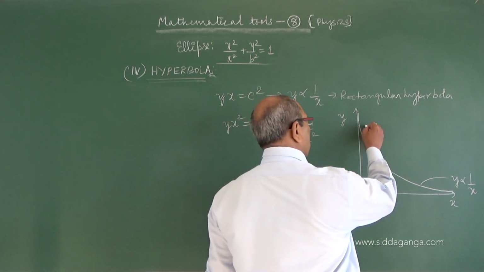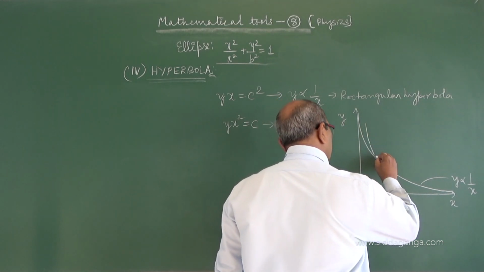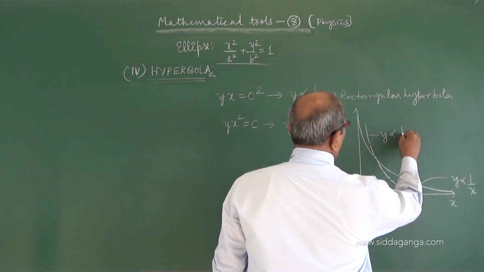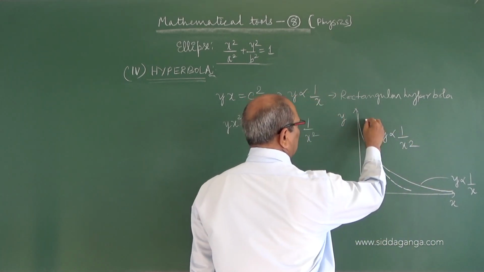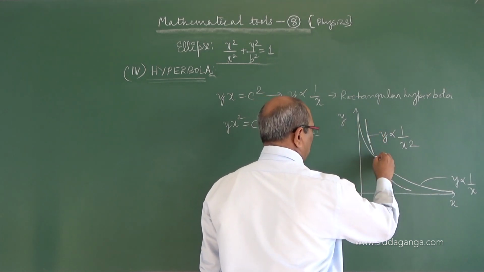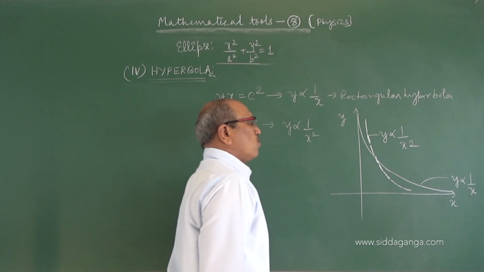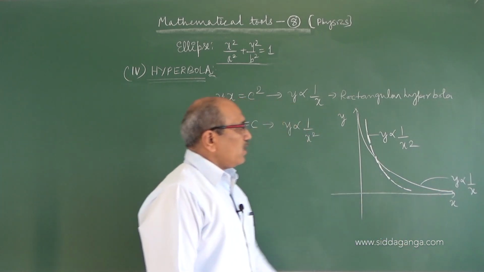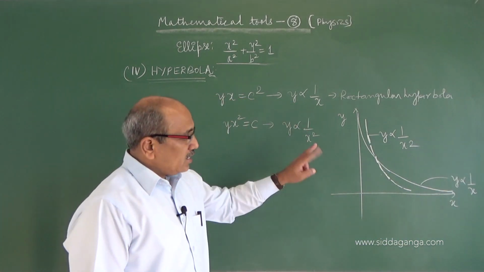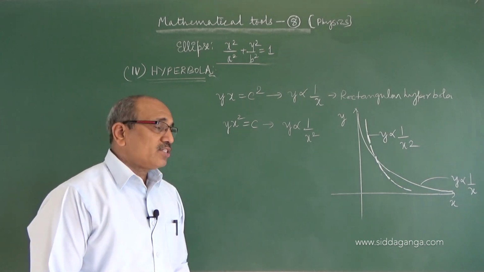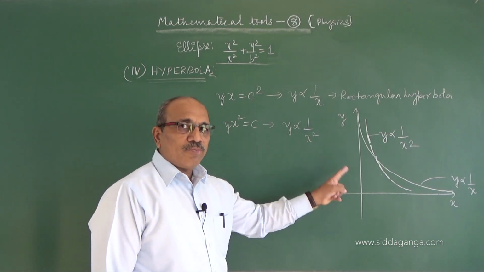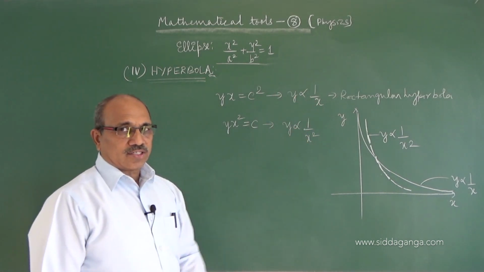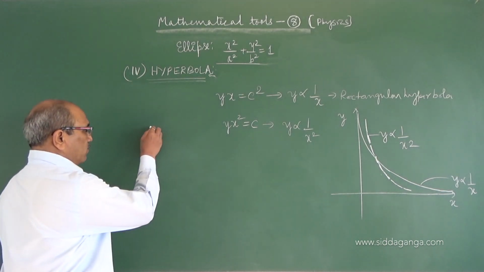The curve now I am showing for this will be a similar type but faster. This curve is y inversely with x square, the comparison I am giving you. So this curve which I am plotting is for y inversely with x square, and this curve is a slow variation, y inversely with x. Slight variations we are seeing in that. Sometimes a comparison of graphs also comes, we must know that y varies inversely with x, and y varies inversely with the square of x. And similarly the other functions.